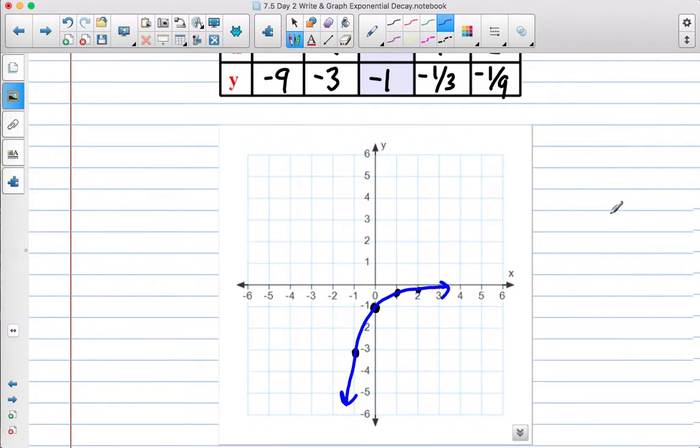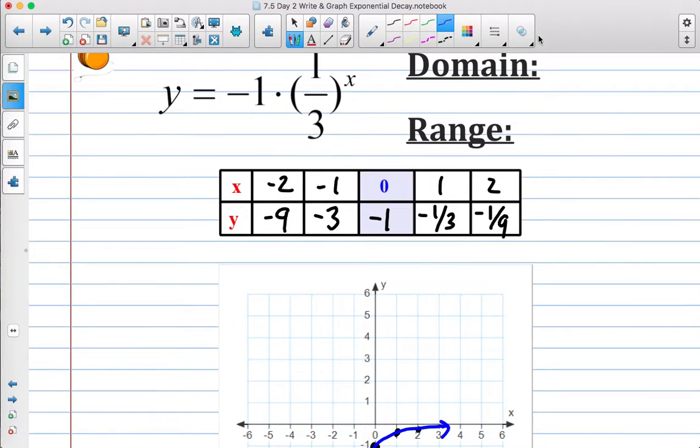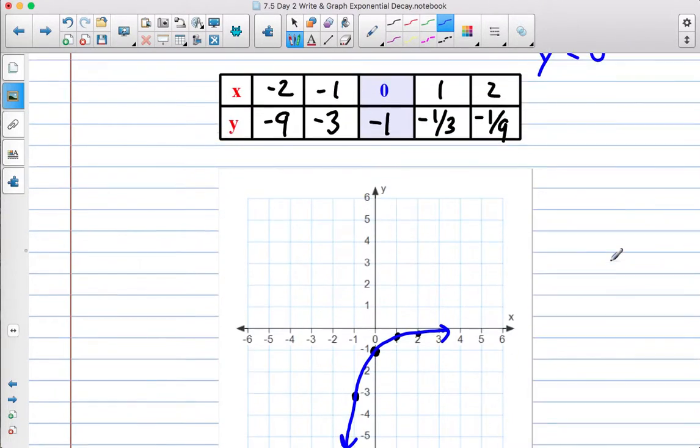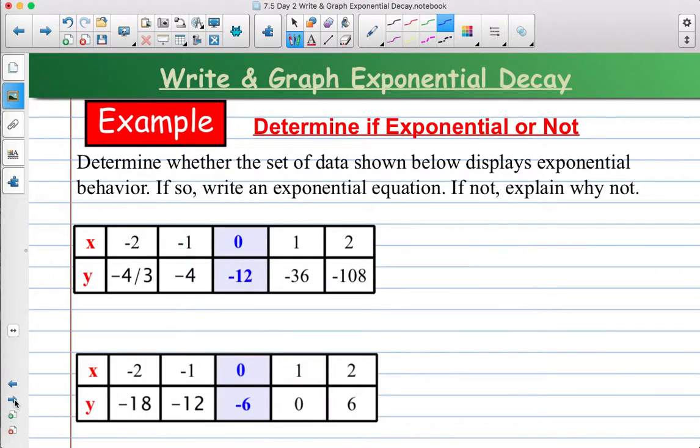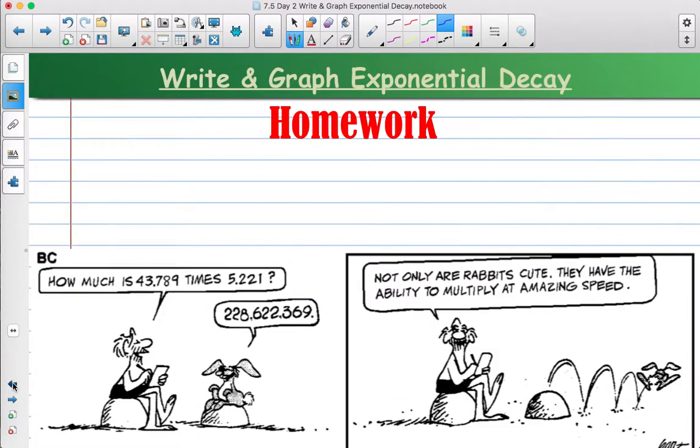Domain for this guy is going to be any real number for x, and my range is like all the ones we've seen prior. It'd be any y value that's less than 0. No transformations here. Okay, so that's the key skill that you need to be able to take out of today. Similar to yesterday, make a table and graph an exponential decay equation. Very last part, and then the rest of the time will be for you